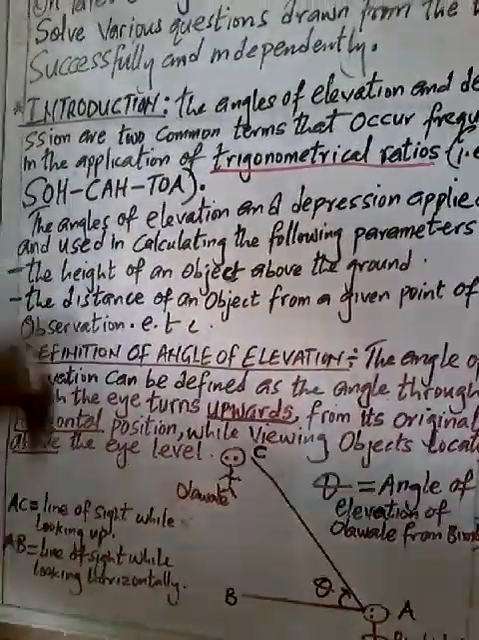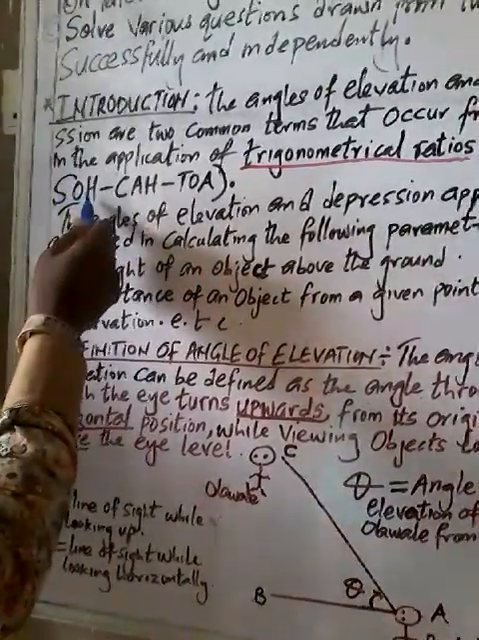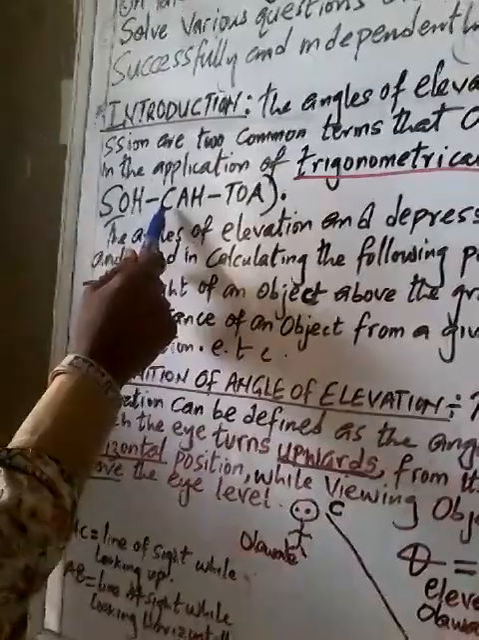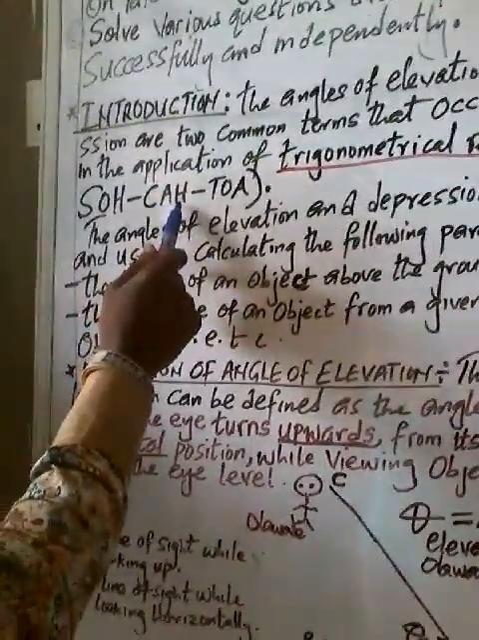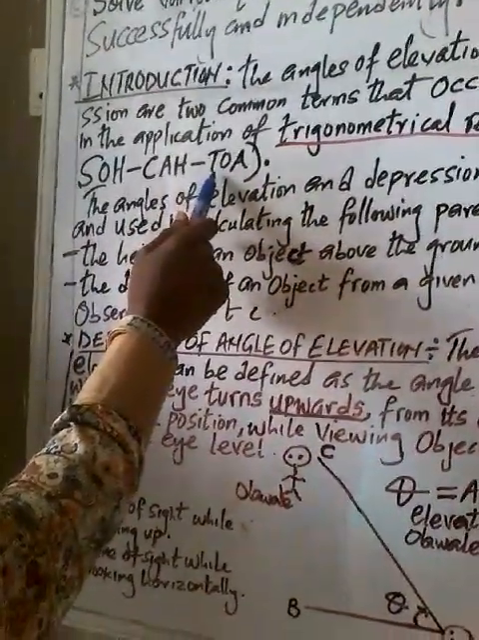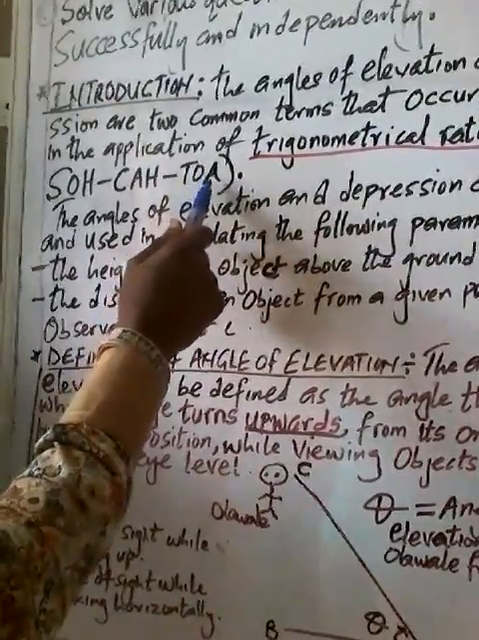SOHCAHTOA. What does that mean? Your sine signifying opposite over hypotenuse in a right angle triangle. Your cosine, or the short form is cos, signifying adjacent side over hypotenuse side in a right angle triangle. And your TOA, the T for tangent, and tangent is equal to opposite side over adjacent side in a right